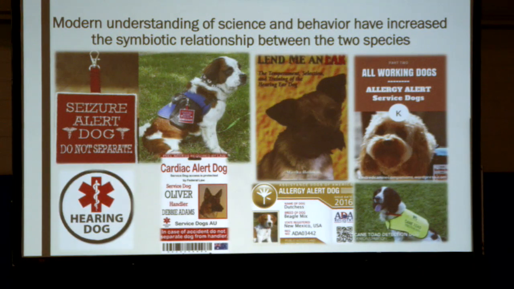So, understanding the science and behavior has increased this symbiotic relationship between the dog and the man or human. We have seizure alert dogs, we have hearing ear dogs, we have allergy alerts, we have low blood sugar for diabetics, we have cardiac arrest, we have cancer detecting dogs. You can go on and on and on with what we've found out that the dogs can do for us. Never before has that happened. Years ago, all we had was seeing eye dogs. And now science and people have found out that they have so much more talents. As I said, I get the fun part. They came up with the idea.